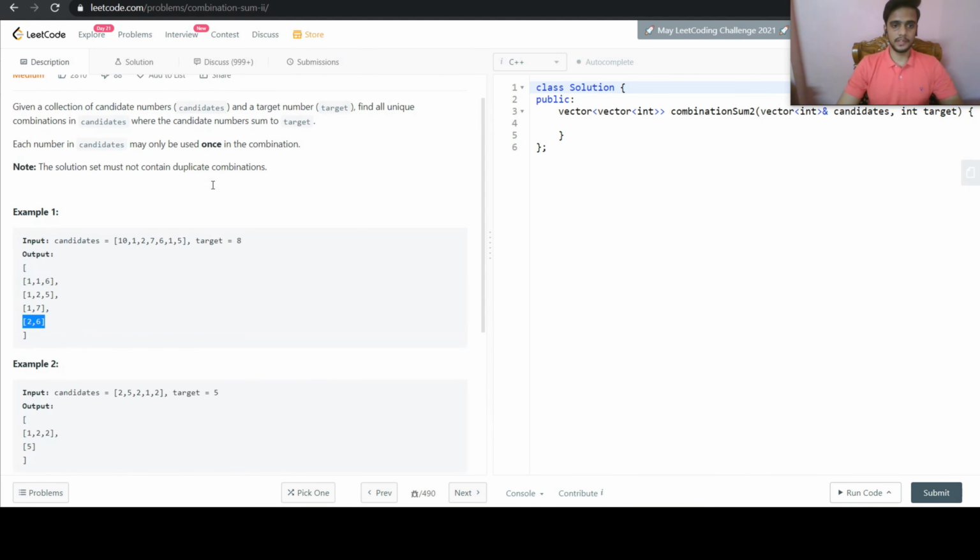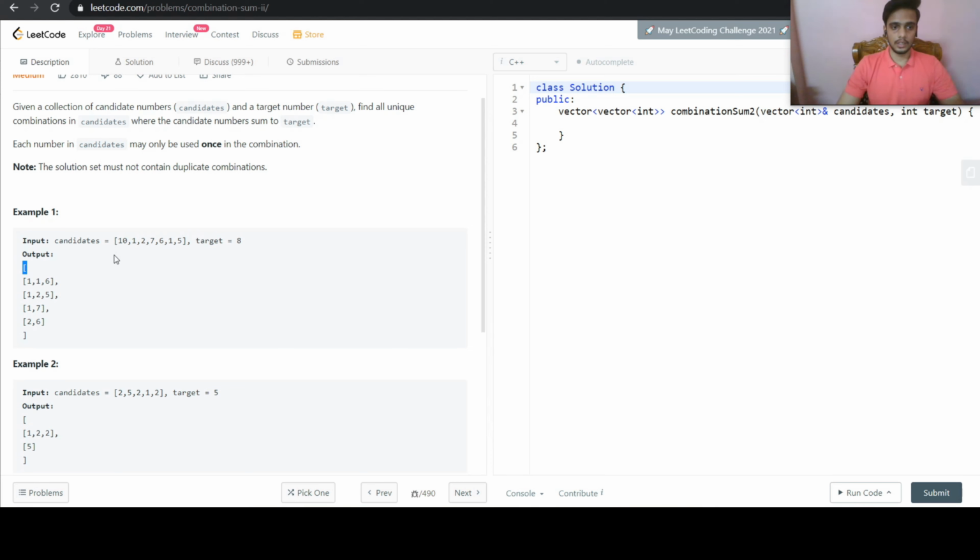So for solving this problem, we can do one thing. We can sort this candidates array, and once we have a sorted candidate array, we can traverse each element, and we will have a choice whether to take that element or not. So we can take the element and we can skip that element and move forward, and this way we will try to move ahead, and once we reach the target, then all the values that we have consumed along the way, we will just add into a vector, and then again continue the same recursion process.